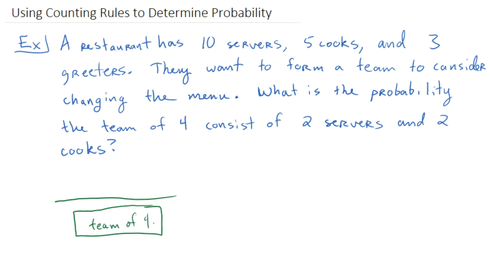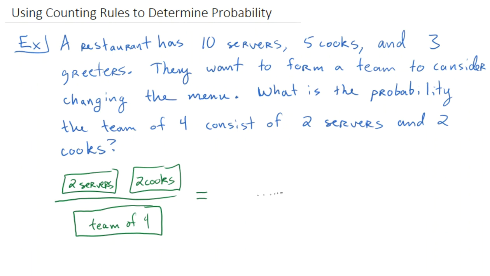And then for the numerator, this is where we do our specific event. So here our event is 2 servers and 2 cooks. So that means I need 2 boxes, one for my 2 servers and one for my 2 cooks. So that gives me the schematic of what I need to figure out. And so then it's just a matter of figuring out how many for each of